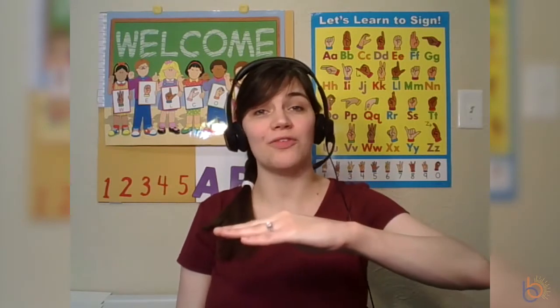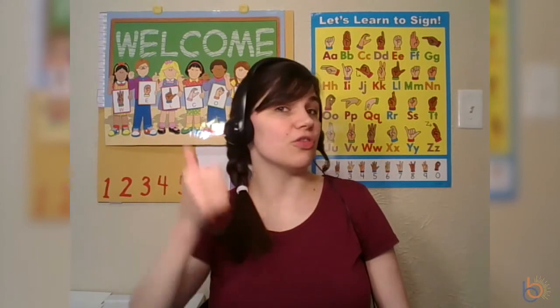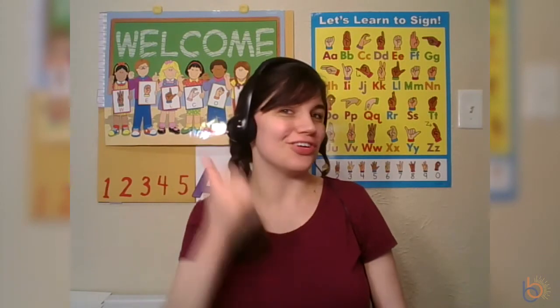To sign on and off, take one hand and put the other hand on or off, on, off. To sign above and below, again, hold one hand flat, use the other hand and circle it above or below. To sign front, take a hand and just move it in front of your face. This is the front of you. To sign back, you can tap your back twice, back, or use your thumb and go back over your shoulder,